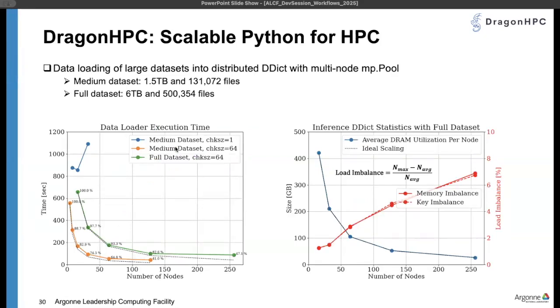But because of its uniqueness of extending Python for HPC, I did want to spend some time talking about some tests and cases that we've run with Dragon HPC on Aurora, specifically intended to test this effectively multi-node Python multiprocessing support that they have. So for example, one case we did is we tried to do distributed data loading of large data sets, specifically data sets that were divided into a large number of files. And we were doing that with multi-node pools effectively,